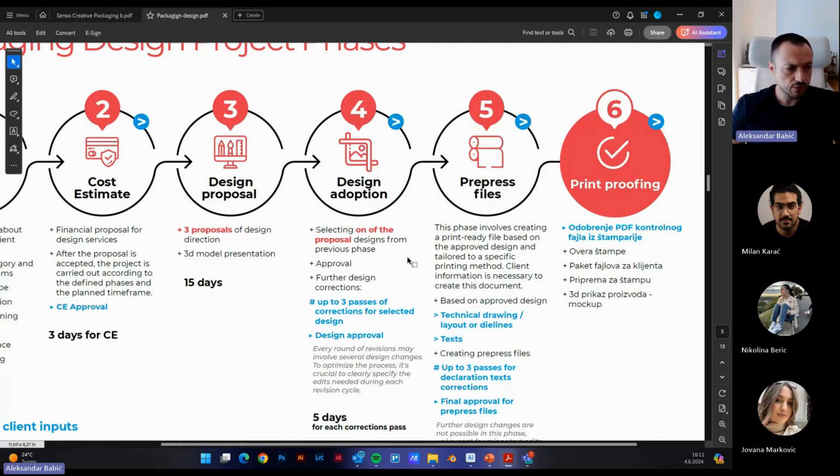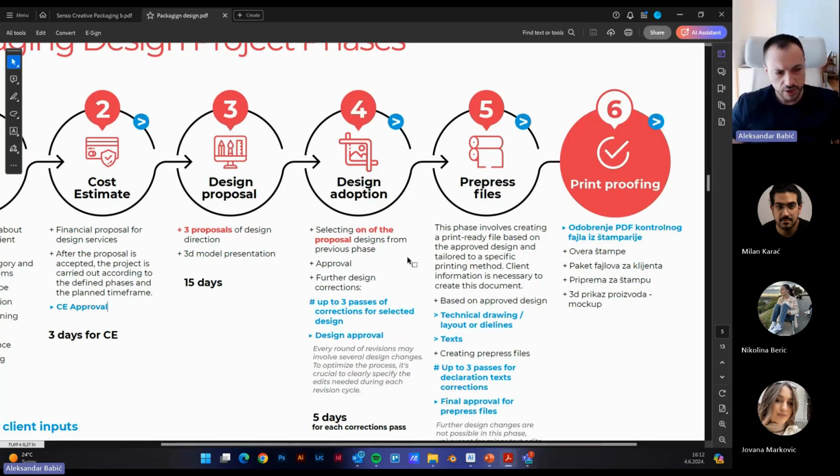So we have usually up to 3 passes of corrections for the selected design. Why only 3 passes? Because sometimes the client will tell you, okay, now move the logo a little bit left. Then in the next pass, they tell you, okay, now make this font a little bit smaller. Then in the next pass, they tell you, okay, change the background,